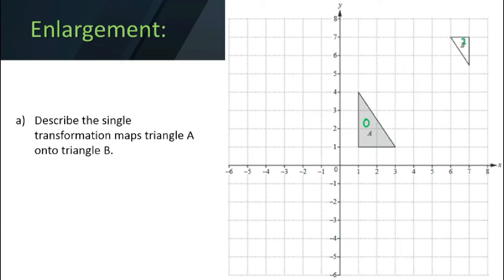Now here what we will do, we know that in enlargement we cannot only write that it's enlargement, we need to mention what is the point of enlargement and what is the scale factor. So first of all, to find the point of enlargement, we will join 2 same vertices of object and image. Like if this vertex is here, we will join these 2 vertices. So when we join these 2 vertices,